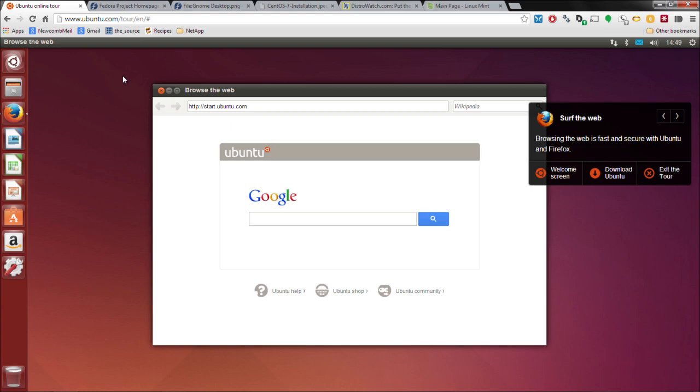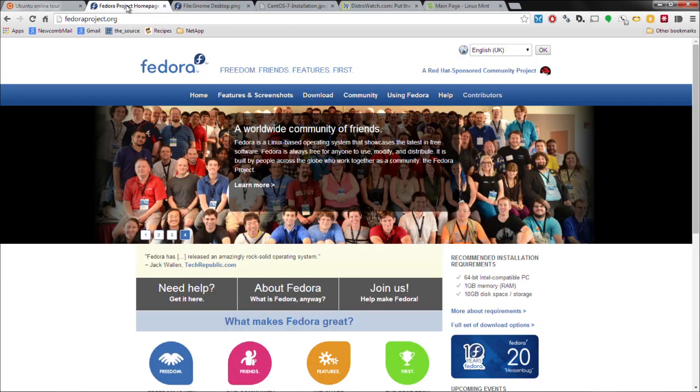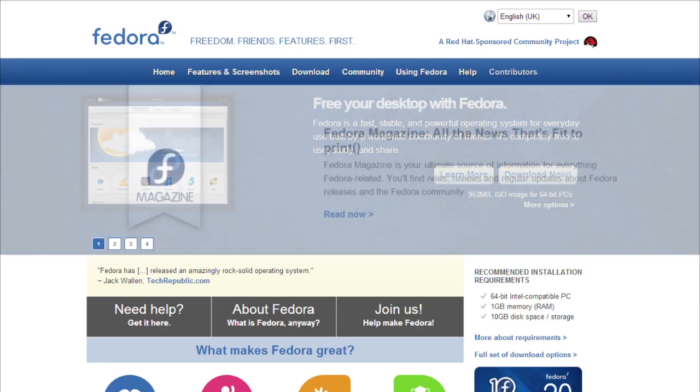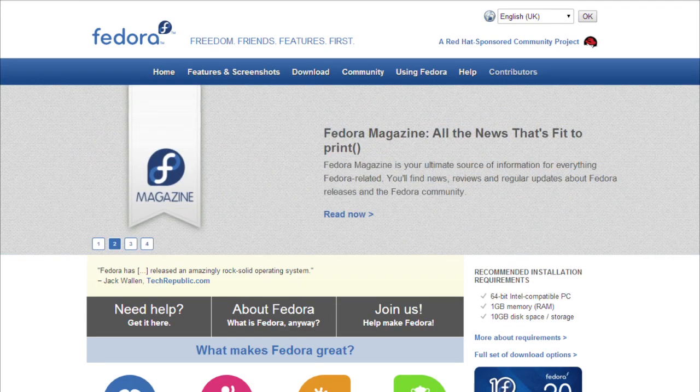Now, there's another company out there that you may have heard of called Red Hat. Red Hat is mainly for business these days, and so they have something called Red Hat Enterprise Linux. This is not something that I would recommend a beginner downloading and installing. It's not meant for beginner users. This is meant to be run in the enterprise. But luckily, Red Hat has an open source